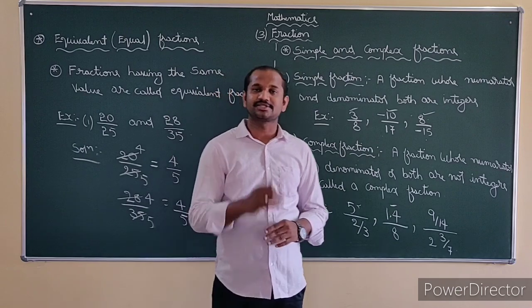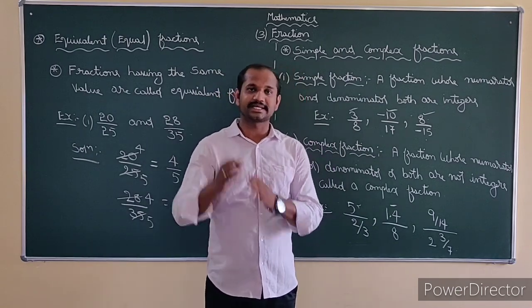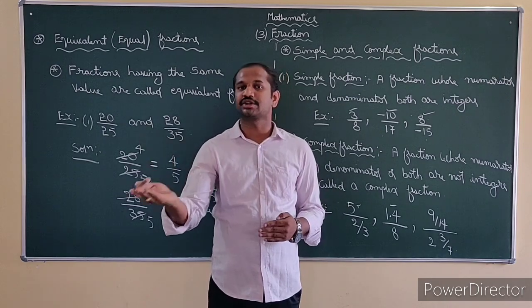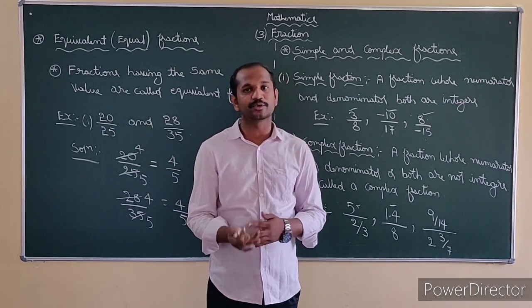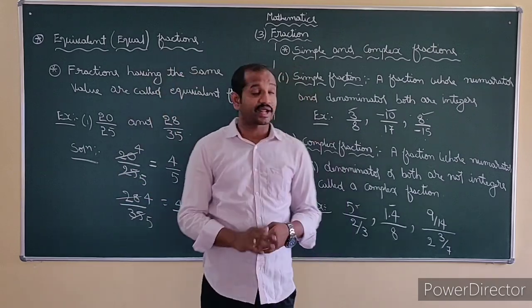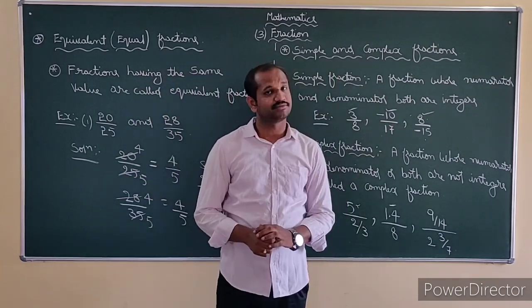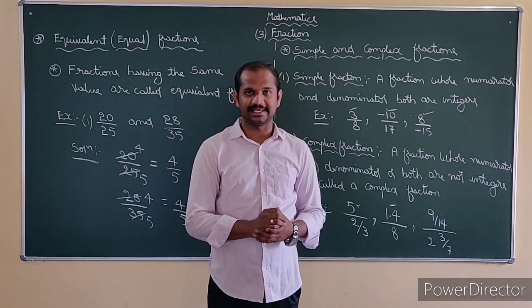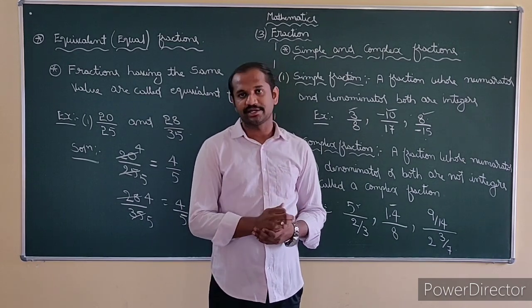I think in today's class we have understood whatever we have done: introduction to fractions, types of fractions, conversion of mixed to improper and improper to mixed, reducing into lowest form, equivalent or equal fractions, and simple and complex fractions. By this we can solve exercise 3A very easily. Understand? If you still have any doubts, please